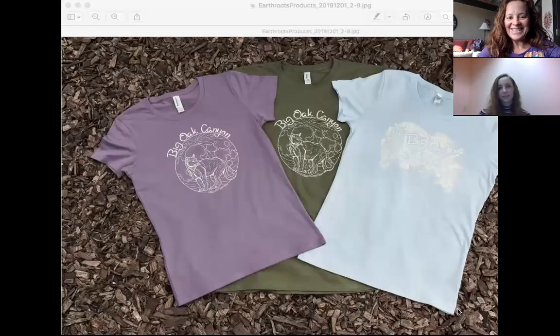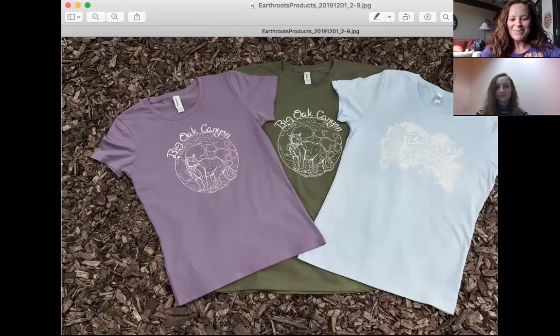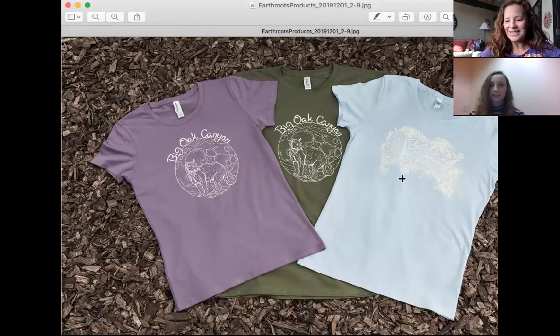I wanted to invite her in for a conversation because she's just come out with two new designs, both inspired by animals at Big Oak Canyon. I wanted her to share what inspired her to create these designs of the mountain lion and the owl in the oak tree at Big Oak Canyon, and then also share with us more about her work and how she came